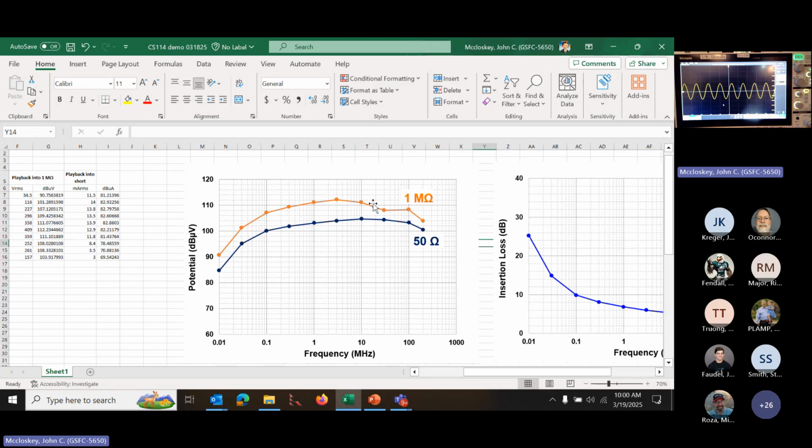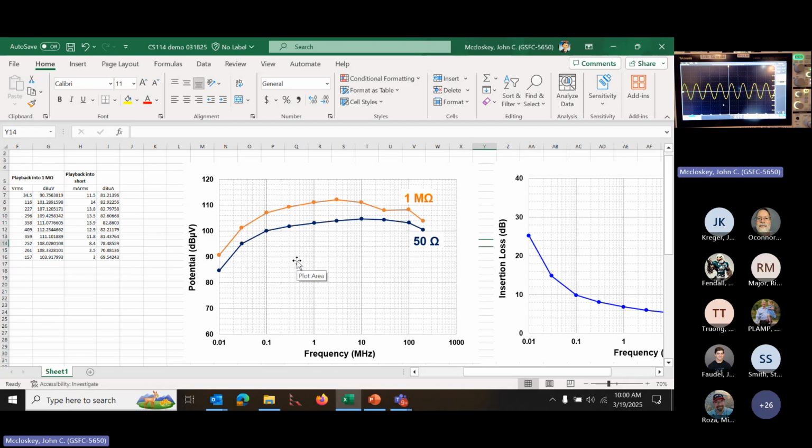Then you get parasitics and so on at higher frequencies. And when you're going into that 1 megohm load of the scope at 100 megahertz, it's going to be a less reliable reading. I thought that was worth pointing out, because that open circuit potential, what your drive potential is into an open circuit, is one of the limits that you're trying to establish